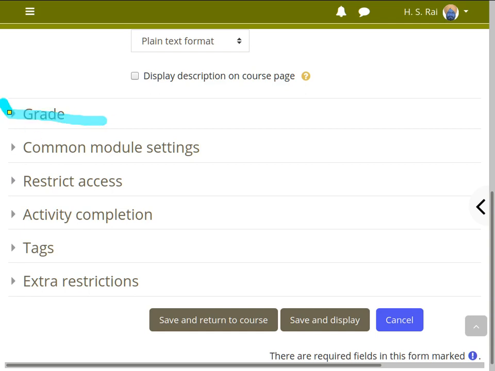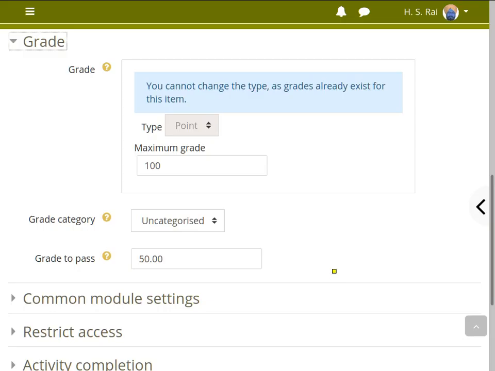So you click here, it will expand, and you have this information because it was created earlier, so you cannot change it, and we don't want to change it. Our only concern is this uncategorized, so we want to now put a category here.